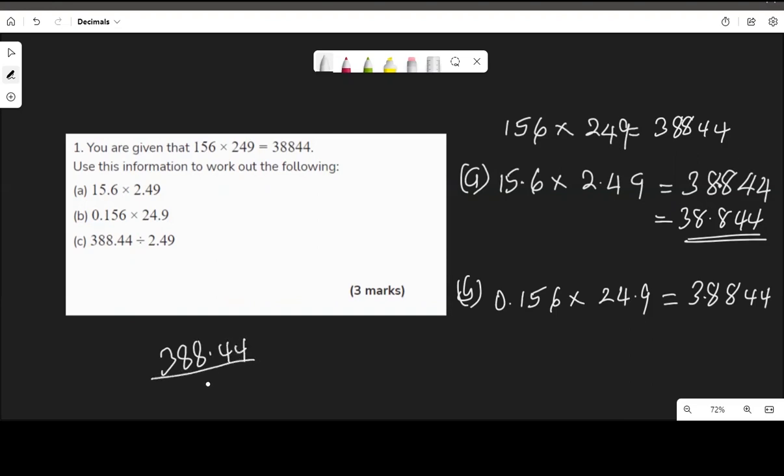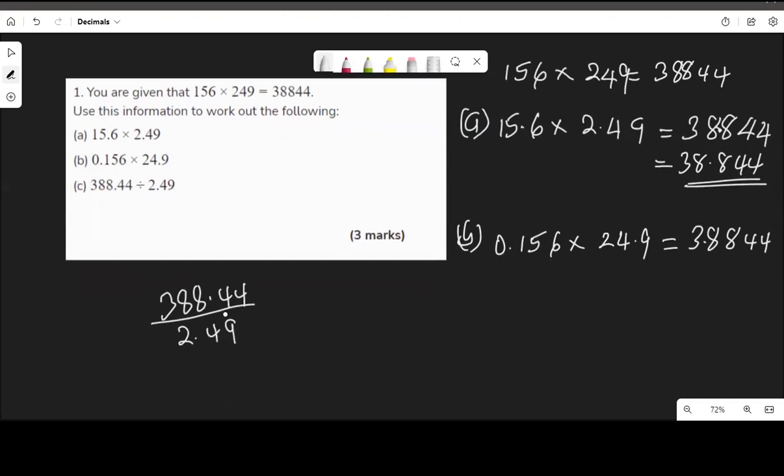So if I'm dividing 388.44 by 2.49, I will need to multiply this by, how many decimal places do I have here? 2 decimal places. So to get rid of the decimal point, I need to multiply by 100. And whatever I do to the divisor, I will need to do to the dividend too. So this will be multiplied by 100. By the time I multiply both numerator and denominator by 100, it becomes